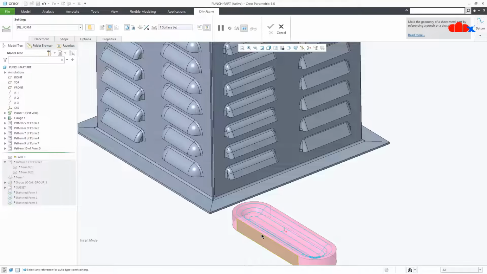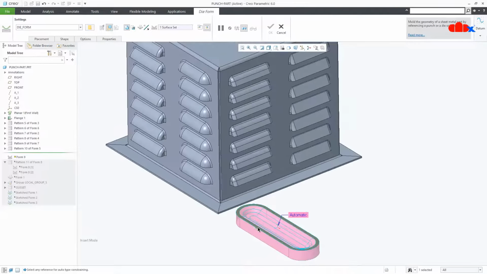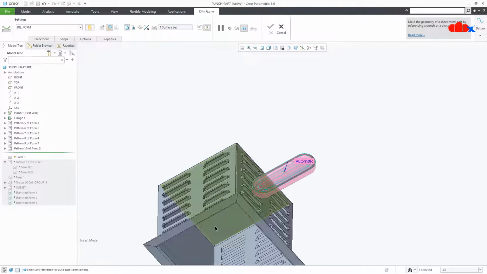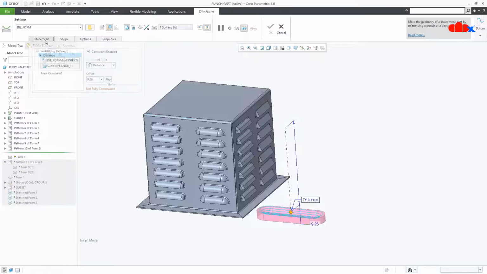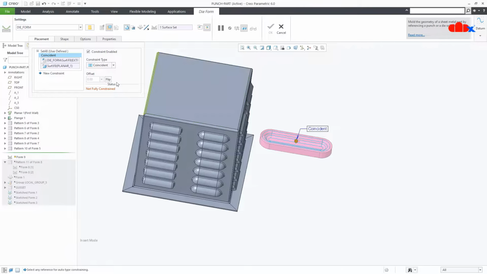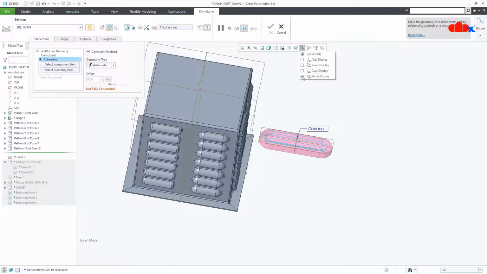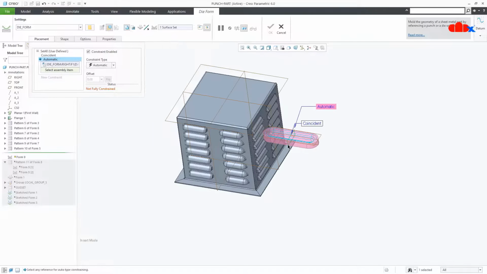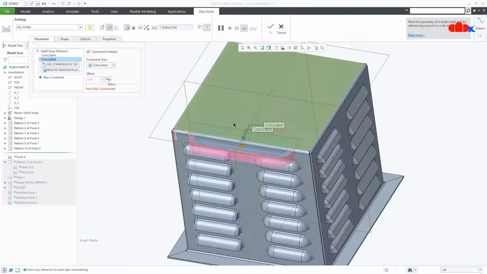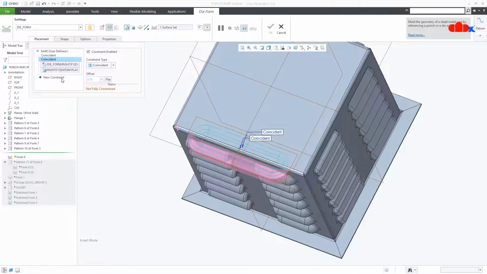Now I need to assemble it. So I'll select this top surface and then I will go to this bottom surface. This one I will say coincident, and then next constraint. Again switch on your datum planes. Select this datum with this datum. This one also coincident. And one more constraint,